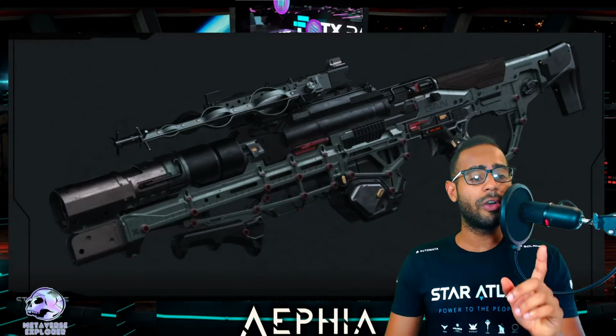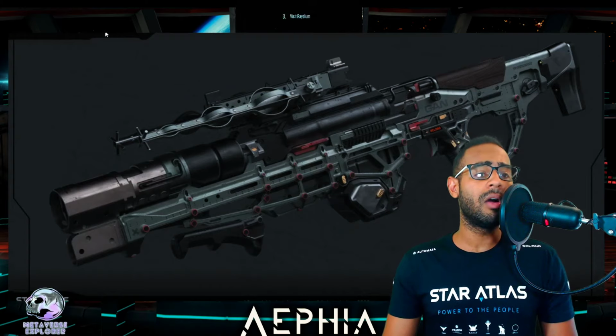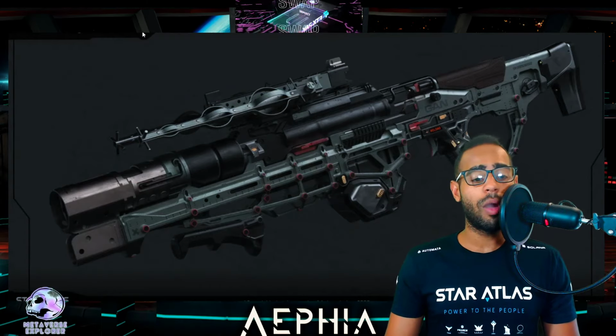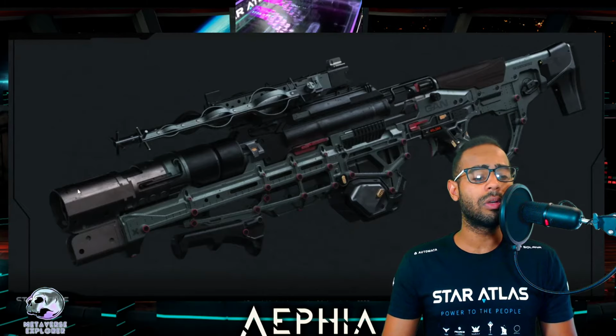So first things first, it says Gan, obviously that's the guy who's making it. Long gun, shockwave, which is very interesting. And you can see here, the front of it, the muzzle looks like a giant...